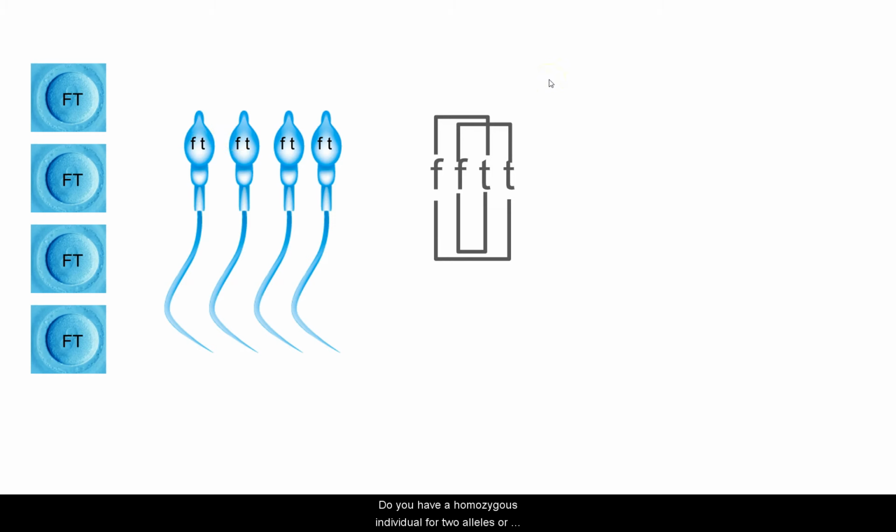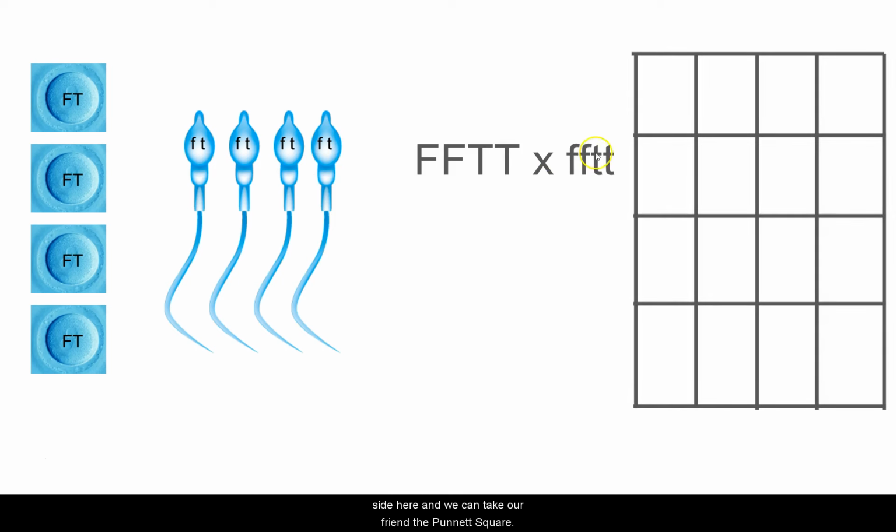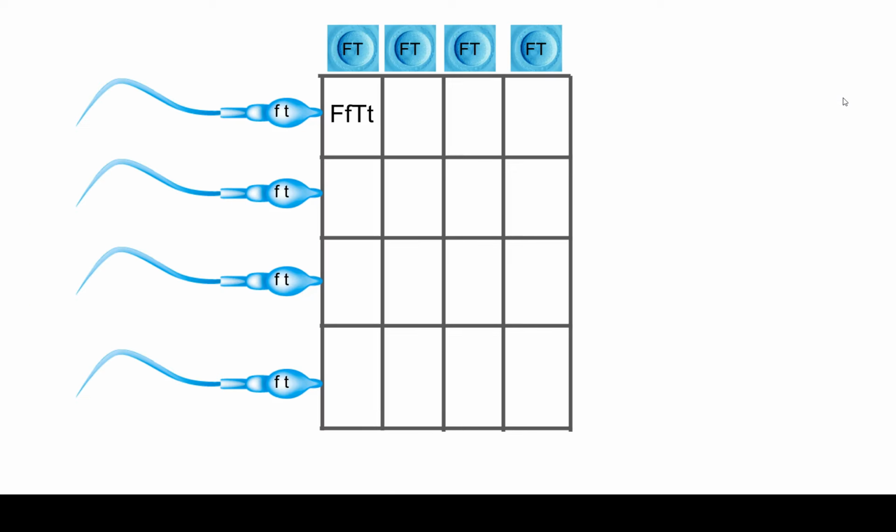So if you have a homozygous individual for two alleles or three alleles, the only kind of gametes they can produce are homozygous. So again, we're trying to cross these two things. That is our ultimate goal. And so what we can do is take those gametes that we've created and put off to the side here,